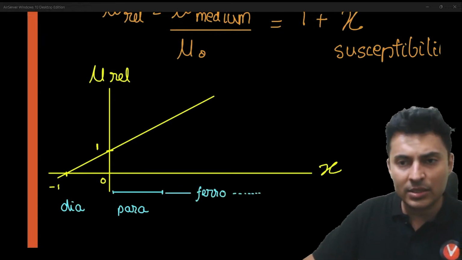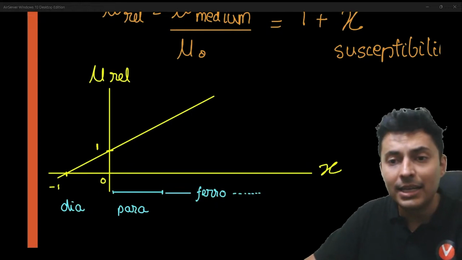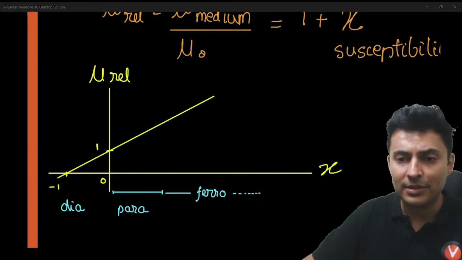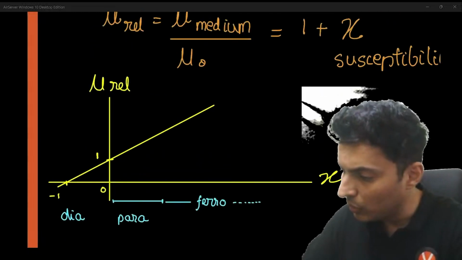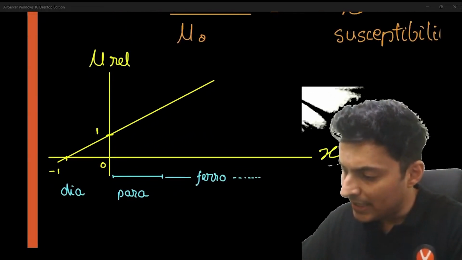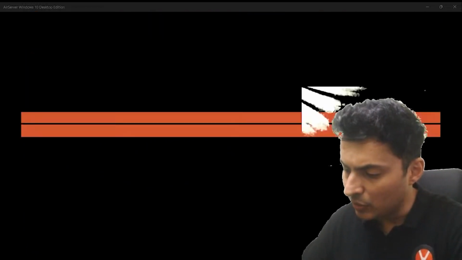Understood this difference of relative permeability versus susceptibility graph? This is again very, very important. Okay, cool, awesome. Next over here